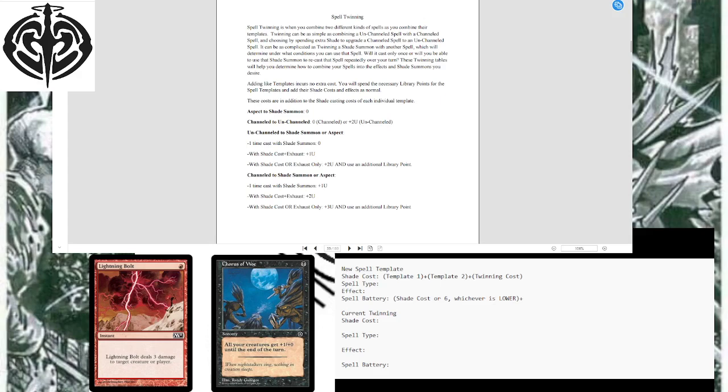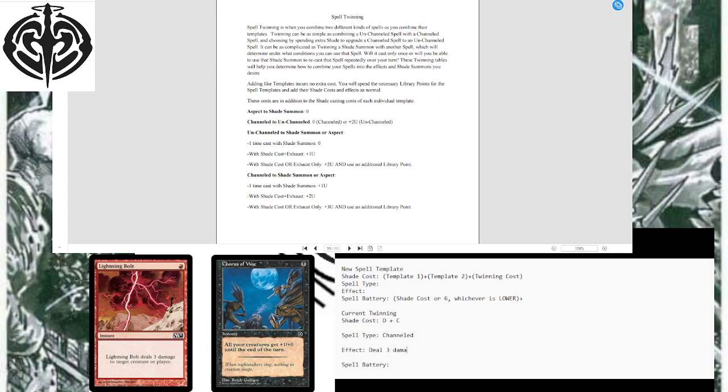So what we're going to do is hypothetically add these two together. So for this spell type, we're going to say first that this is channeled. Okay? So according to this chart here, the additional cost is 0. So all we would do is we would add, since it's red, that would be destruction. So D for the D, of course, plus, and black is corruption. So D and C, with no extra twining cost. The effect would be